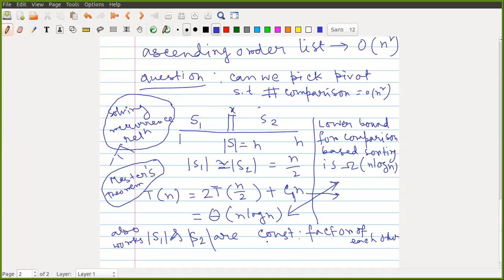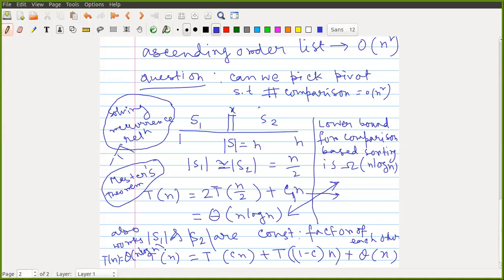In that case, the recurrence relation would be T of C n plus T of (1 minus C) n plus some theta of n, and it will actually give T of n equal to n log n. Okay,